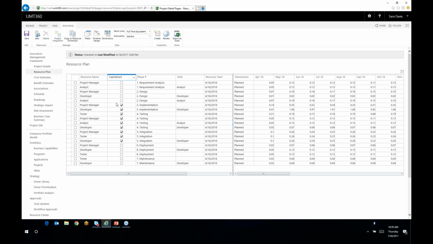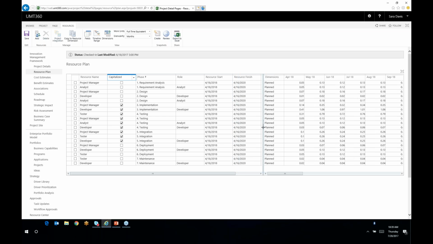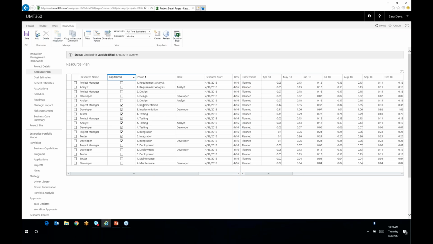So I notice here that we have flags for line items that are capitalized and are not. And this can be top-down and, again, fully integrated with the schedule based on how you're flagging capitalized tasks or not. Now, I can add any additional resource fields that you see here, no limitation. I can add resource fields to the left-hand side here, and I can choose to estimate in any granularity, quarterly,